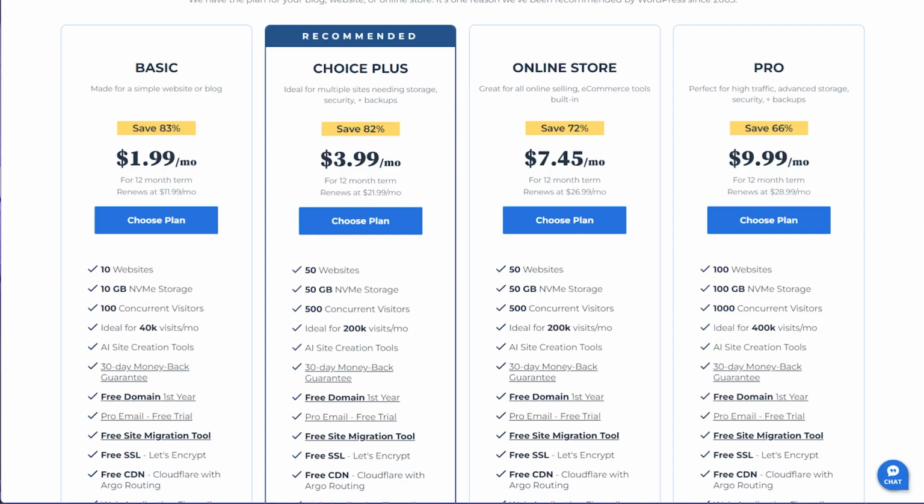But to host a website with WordPress, it requires additional services so that your website can stay online. That means having a domain name, a hosting, and connecting that with WordPress. So the WordPress part is free, but domain name and hosting do require a little bit of money to spend.